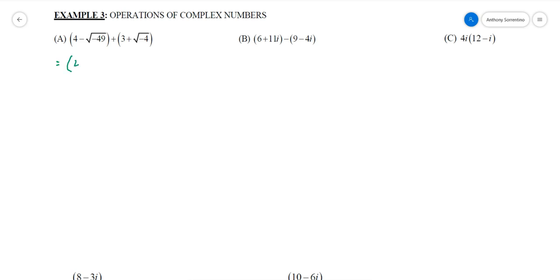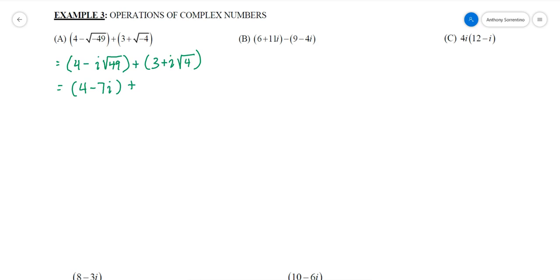For the time being, I'm going to have 4 minus, move the i to the outside, i square root 49, plus 3 plus i square root 4. And of course, the square root of 49 is 7, so this is going to be 4 minus 7i